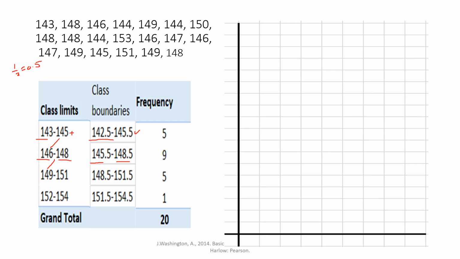Class boundary. And of course in the frequency distribution, we started with the minimum number, then we keep adding the width or the size, so I'm not discussing that anymore. Look, the first number is 143, but what we do here is a continuity symbol,